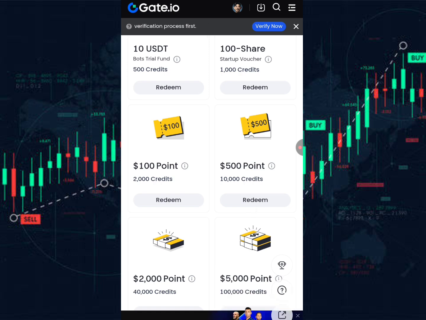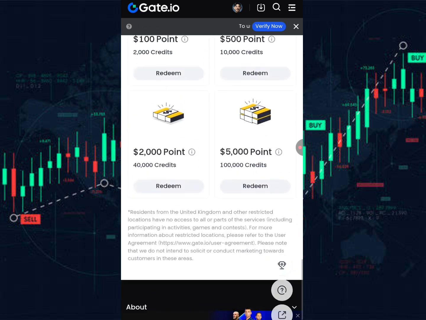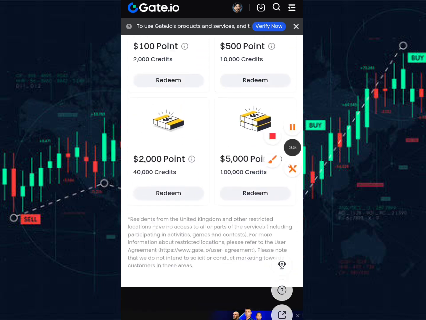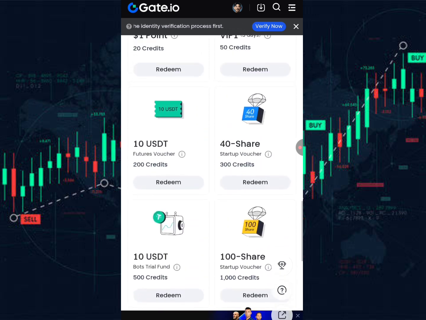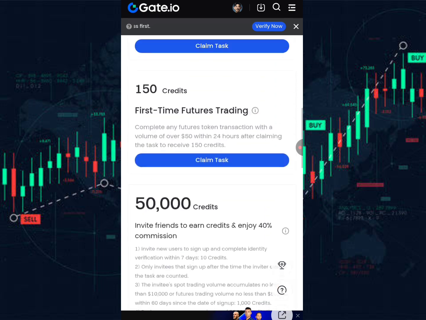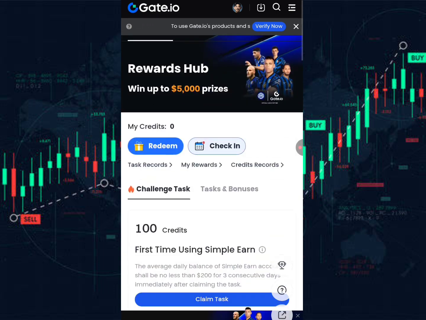You can see this task is 2000 points as a dollar, and this credit is 40,000 credits. And this task is $5,000 points, and you can see 1 lakh credits. How you get these credits, more information is available on this page. And now dear friend, we will discuss more information.